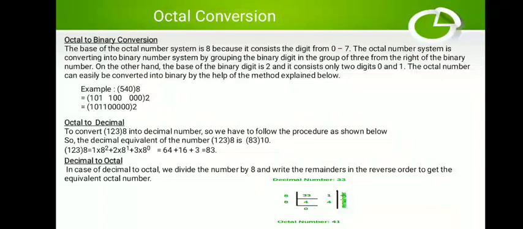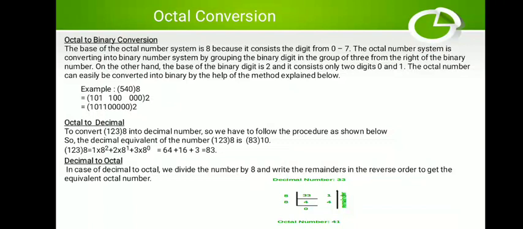Hello. In the last lecture, we saw the conversion from decimal to binary and binary to decimal. So today we'll be seeing the conversion of an octal number, the next number in the number system. Now, an octal number is also known as a 3-bit binary number because each digit of an octal number is represented by